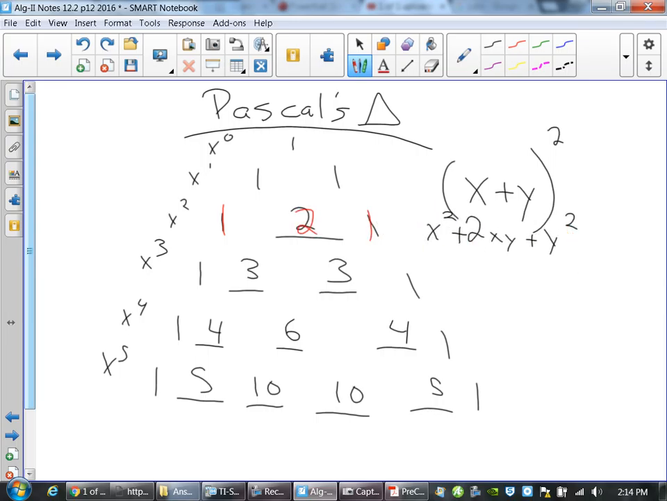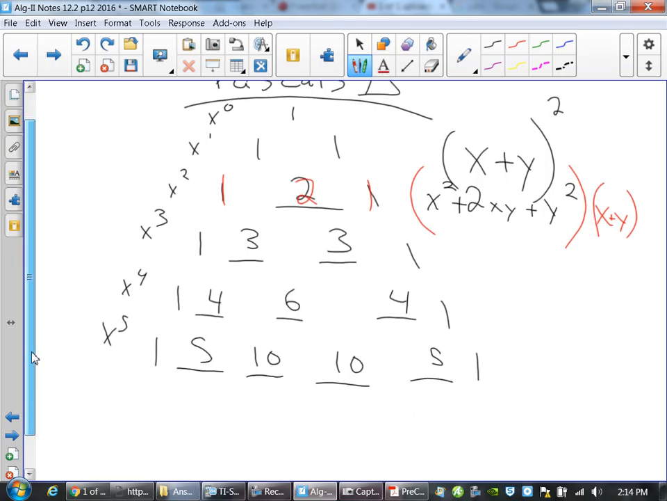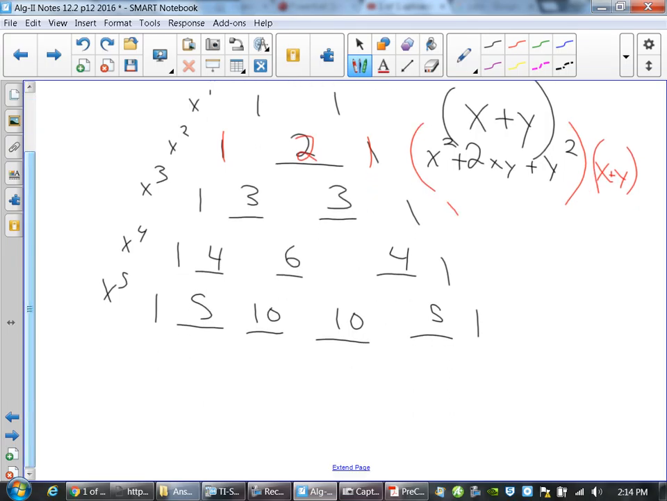One, 2, and a 1. Convenient, isn't it? If I raise x plus y to the third power, cubed, I'd have to take this x squared plus 2xy plus y squared, and multiply it again by x plus y. And if I do that, I'd FOIL it out. When I FOIL that out, I'd get x cubed, 2x squared y, xy squared,